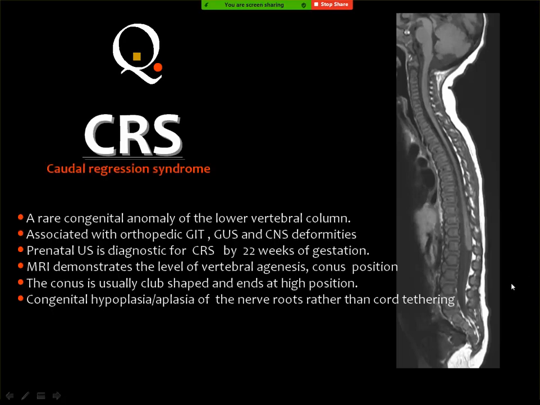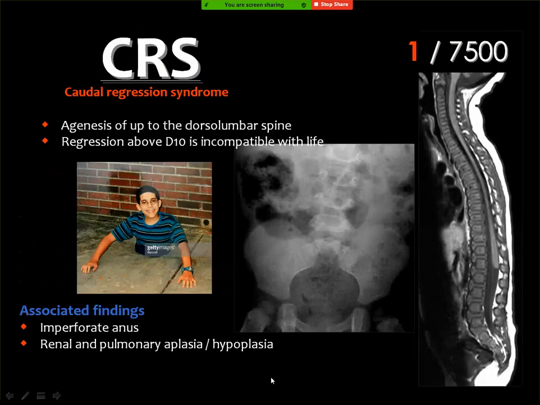This is the caudal regression syndrome with the characteristic appearance of the terminal part of the cord, and it may be associated with anomalous vertebra, including agenesis of the sacrum either totally or partly. And this agenesis of the sacrum may also be associated with some agenesis of the lumbar vertebrae as well. Then agenesis of the vertebrae can extend up to the level of D10, and above this level is